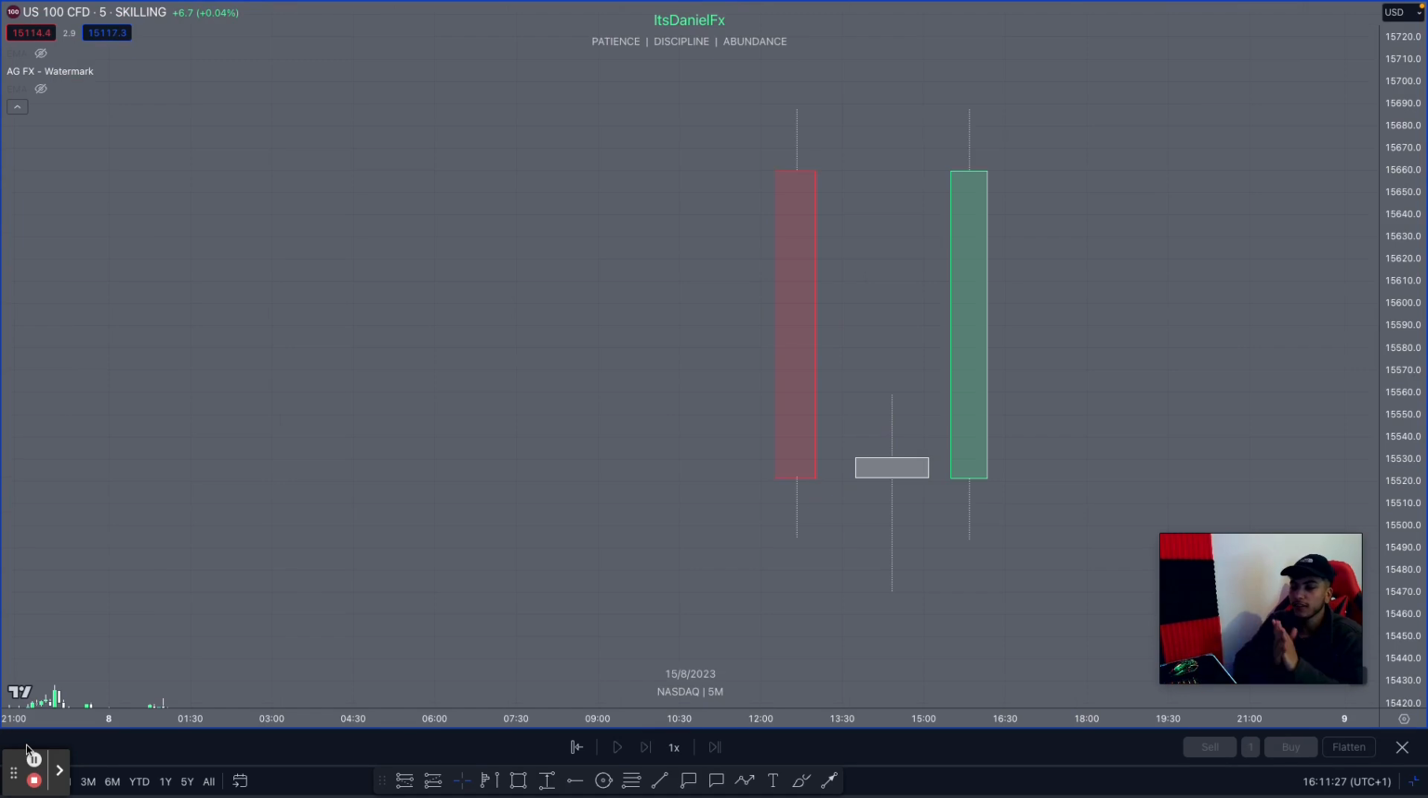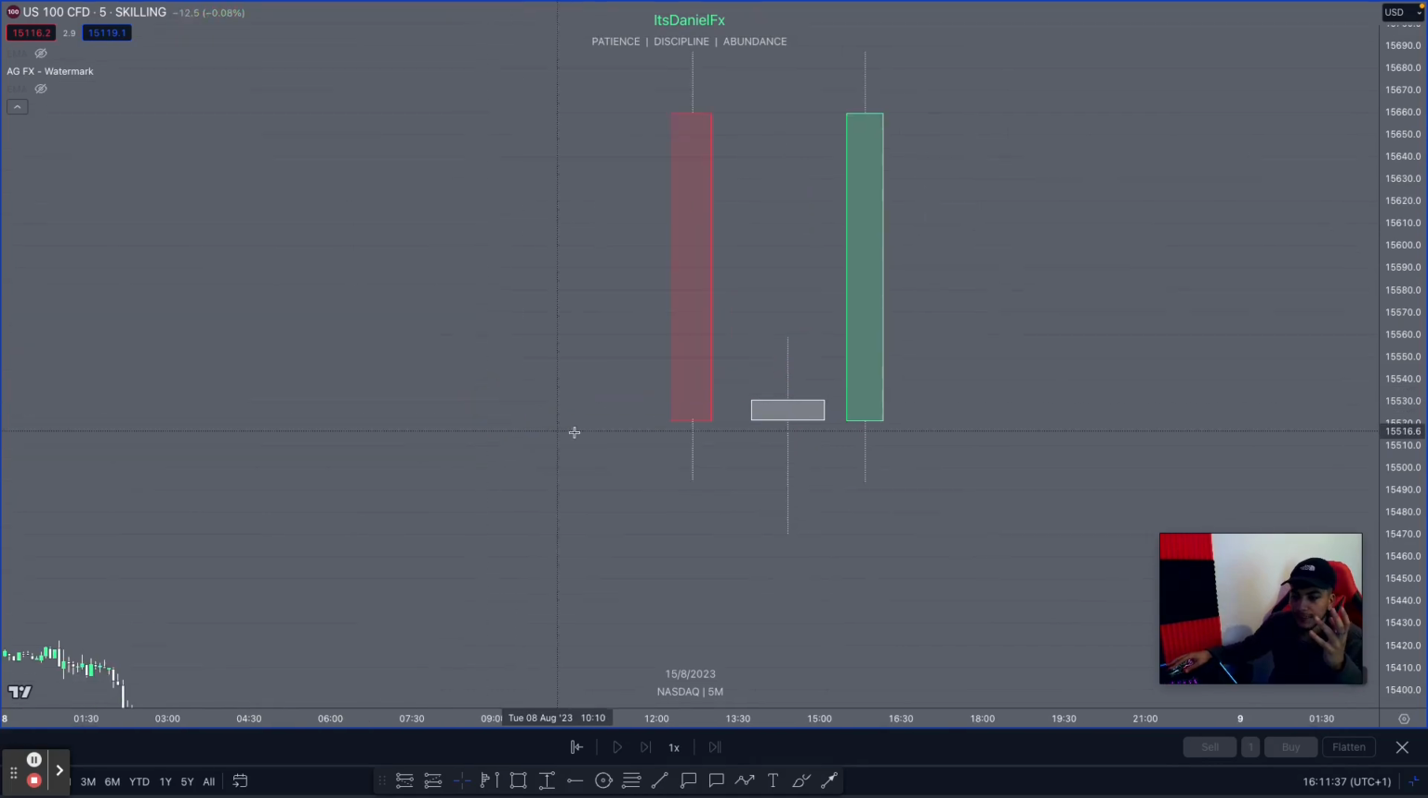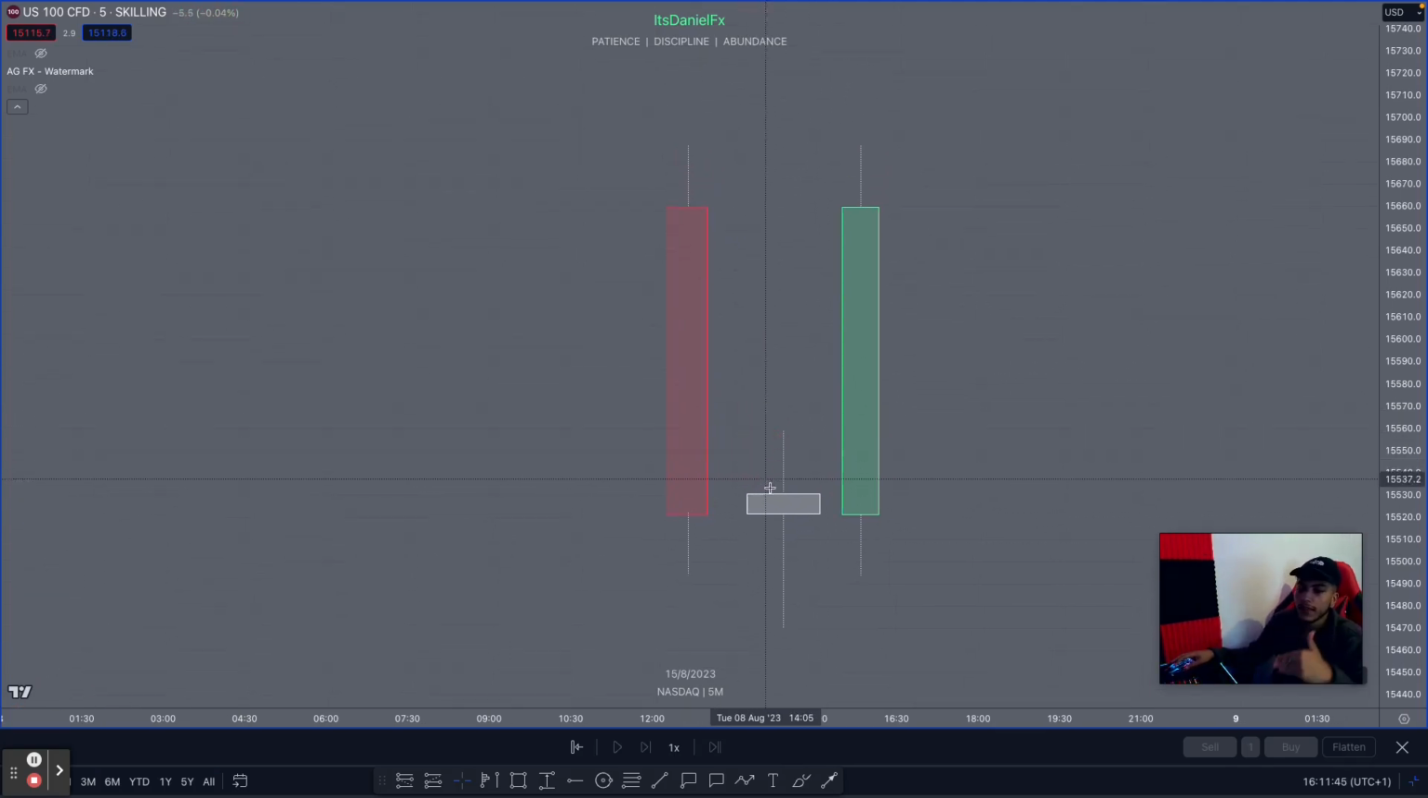Now, depletion doesn't necessarily have to take place over the course of a couple of candles. You may have it in a 3-pin formation like this one right here. So you may just have a strong bearish sentiment candle. It leaves a wick rejection at a key level. You then immediately have a doji or some sort of indecisive candle, and then immediately